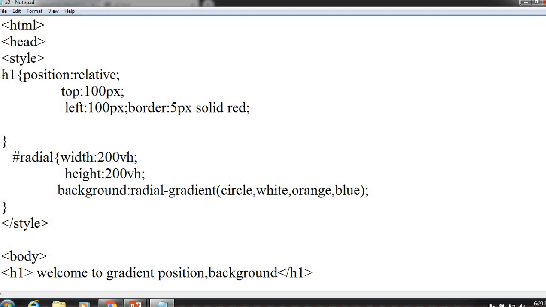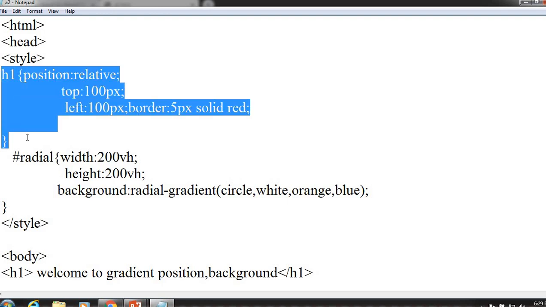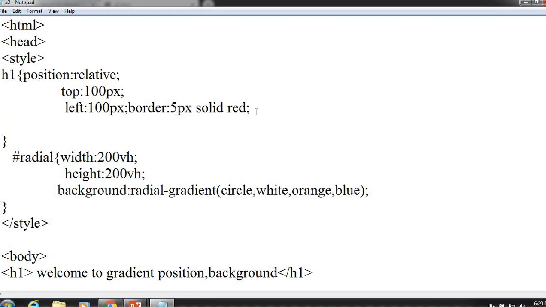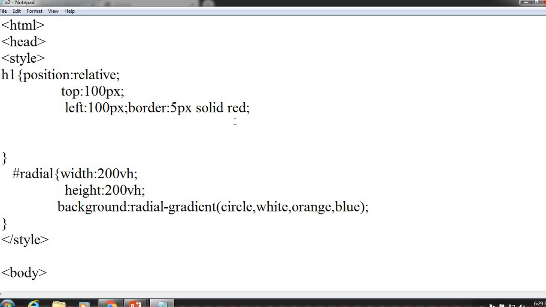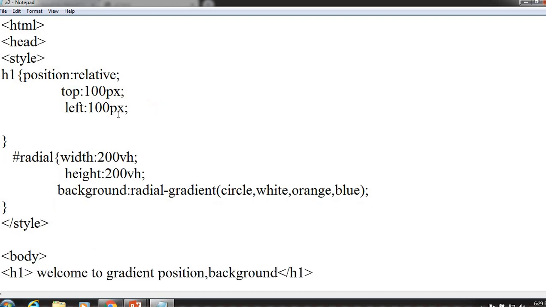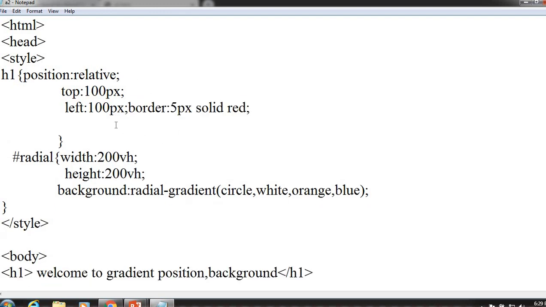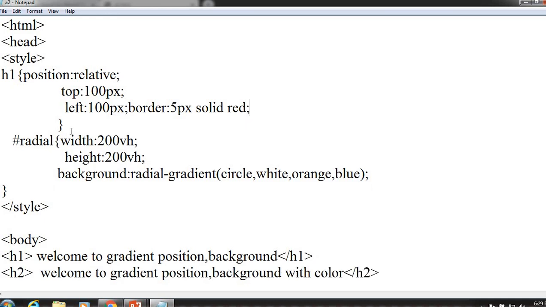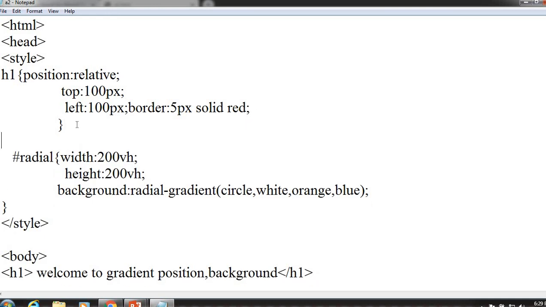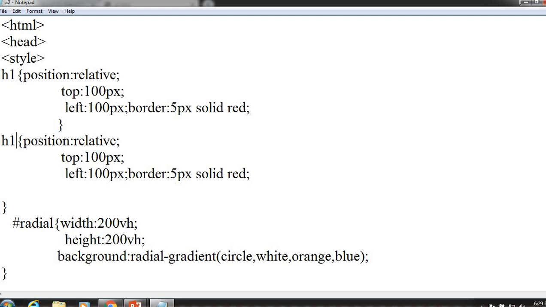When we apply the absolute property, it will apply only to the text size. So I am going to apply the property to heading 2, and this property is absolute.